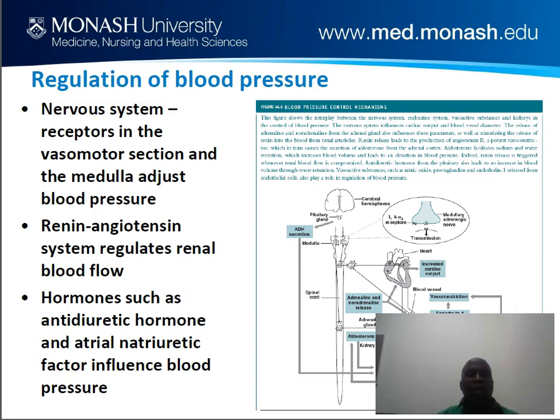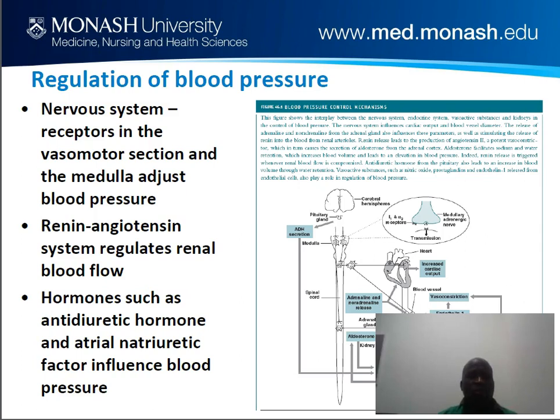So let's look at blood pressure, because blood pressure is very important in heart problems. How is blood pressure controlled? Because if you know how it is controlled, then we can know how to treat it, or know how the drugs work. So basically, blood pressure is regulated by the nervous system. There are receptors in the vasomotor section and the medulla, which adjust blood pressure. There's a renin-angiotensin system which regulates renal blood flow, which means it regulates the blood flow in the kidneys. And then we have hormones also, such as antidiuretic hormone and